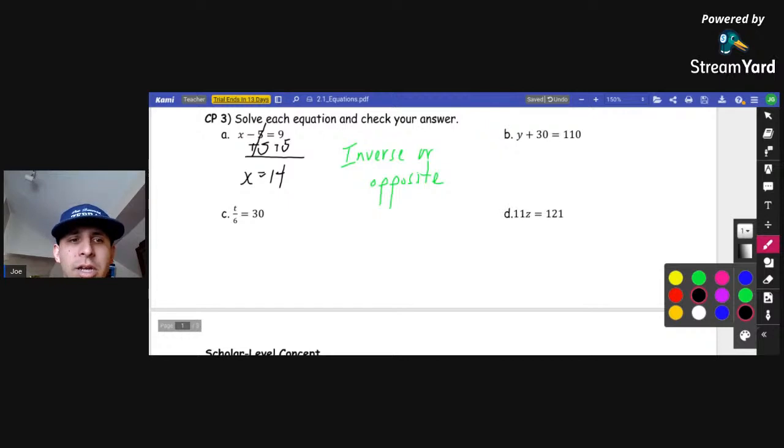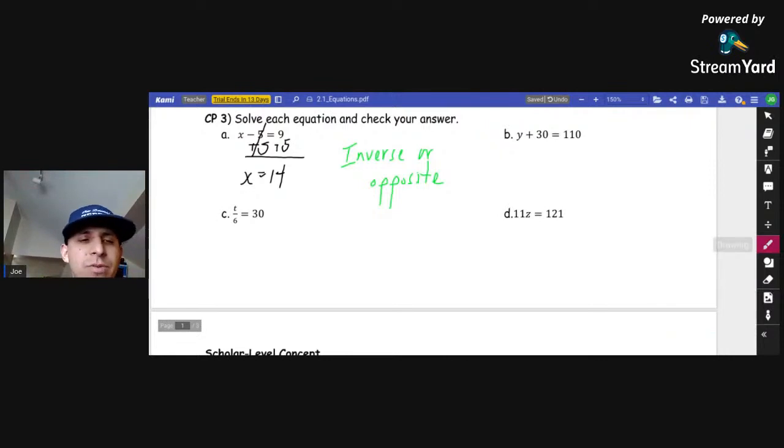So let's take a look at C, because this is typically one that will freak most people out. But once again, we need to be able to read it in English. If I were to read this, another bad habit, we'll read it as T over 6. Over is not an operation. T divided by 6 would be much more effective, equals 30. Notice the variable T is being divided numerically by 6. So if I wanted to apply the inverse or the opposite